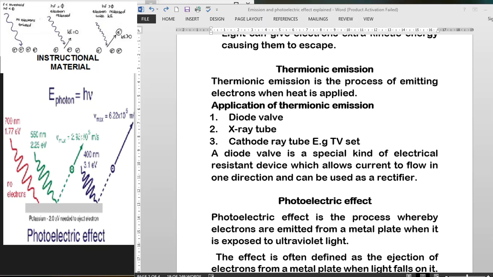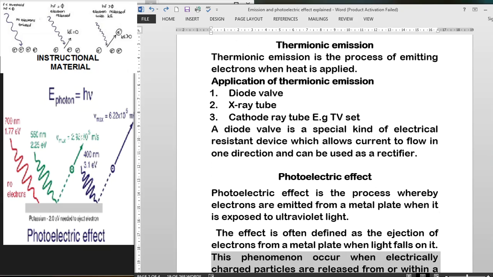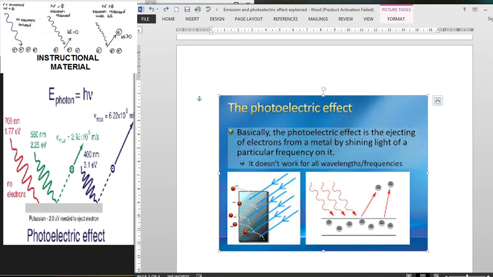So the process whereby electrons are emitted from a metal surface when it is exposed to ultraviolet light is what we call the photoelectric effect. The effect is often defined as the ejection of electrons from a metal plate when light falls on it. So ejection of electrons from a metal plate when light falls on it is what we call the